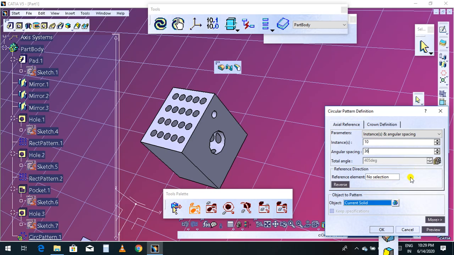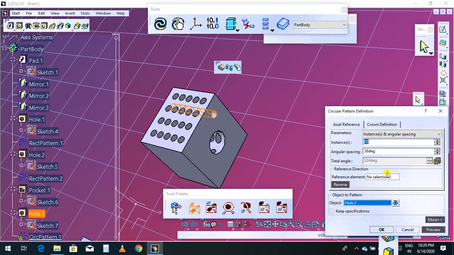Now select the reference. Before selecting the reference, select this solid part, Hole 3.